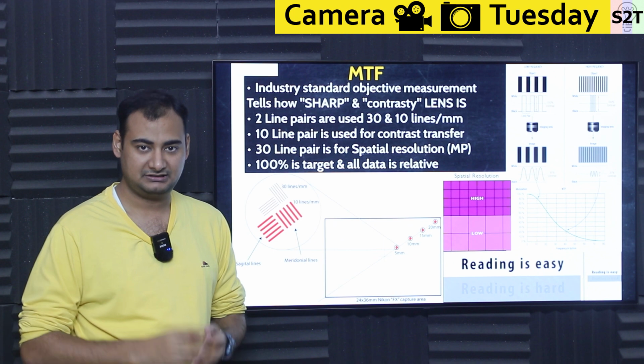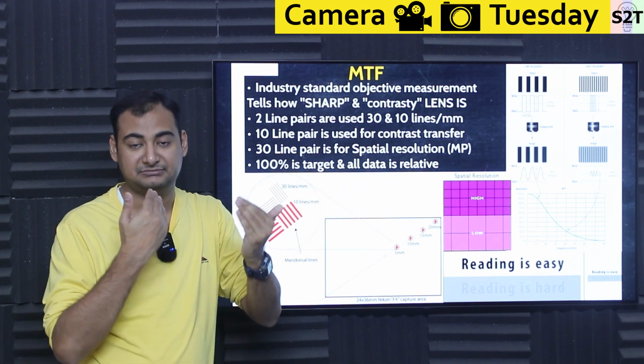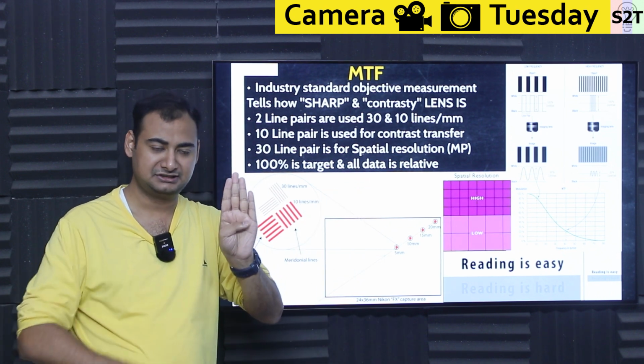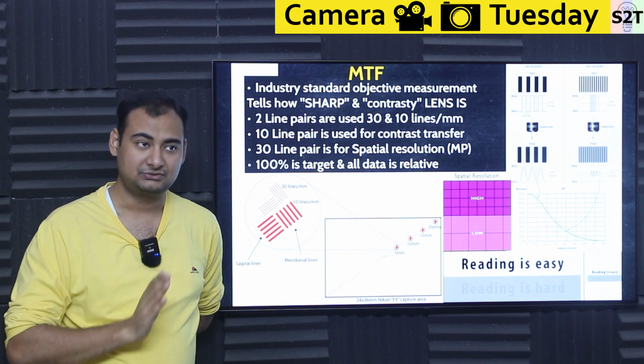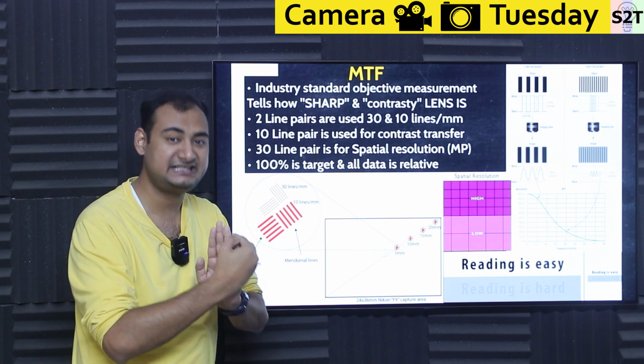Well, it generally goes into the basics of data. That is a signal. What is a signal? Something is changing. That's a signal. So you take a line, as in a black bar, and then you put a white bar next to it and make sure the edge is as sharp as possible. So within reason, now you have a line pair. You have white and black. Basically, that is a square wave signal.